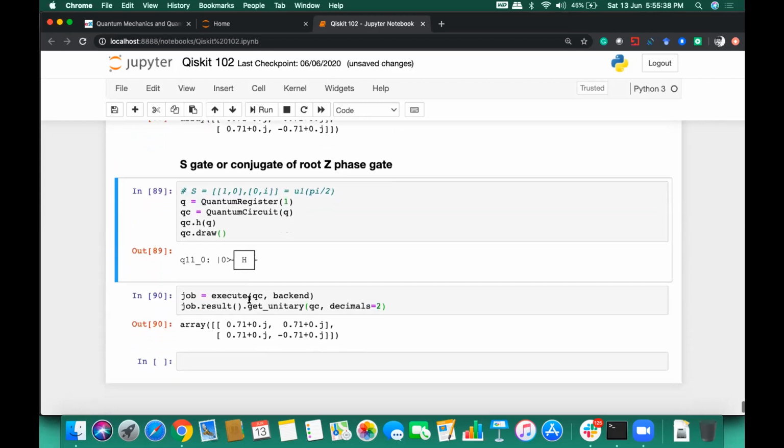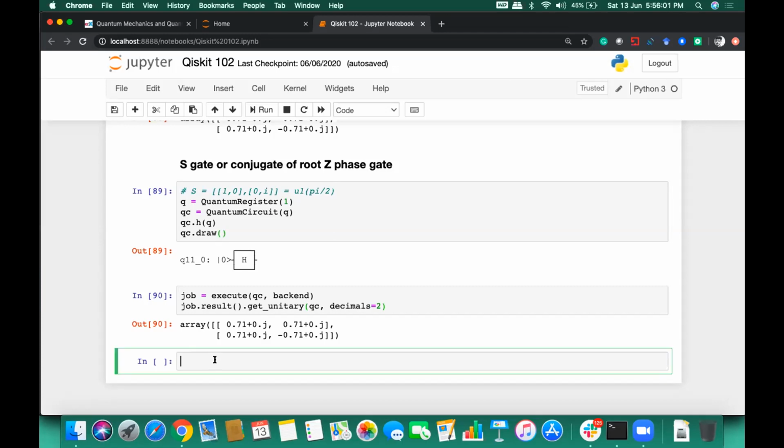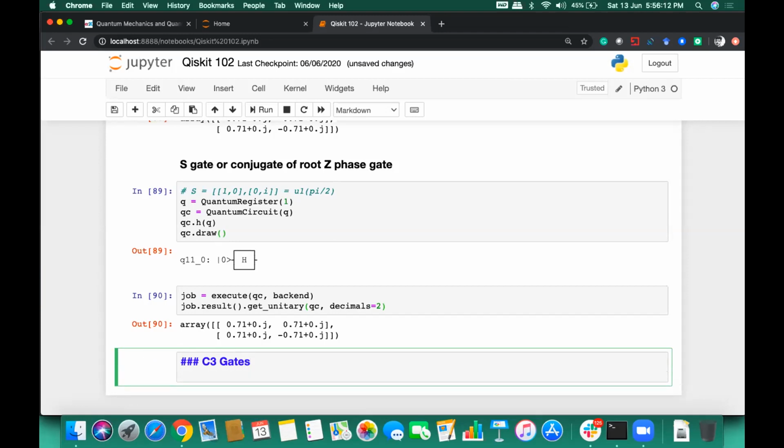All right, and then we can execute T gate. T gate comes under the C3 gates. In C3 gates, we have T gate, which is the root S phase gate, and we have another, the conjugate of root S phase gate. These two come under the category C3 gates. And here we have T gates and